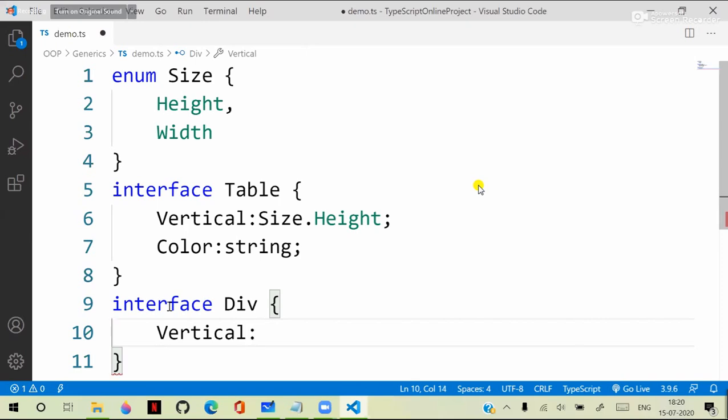So vertical or horizontal options we have configured for this. Now vertical is of type, this is also of type height. It is also of type size height, we are defining. So the point is we are configuring a specific type, vertical,